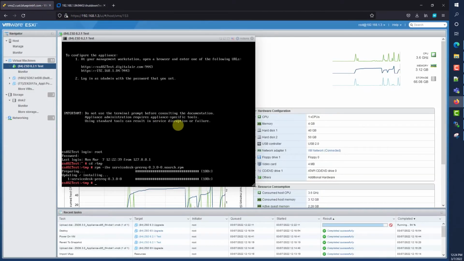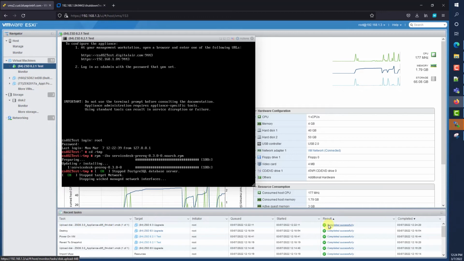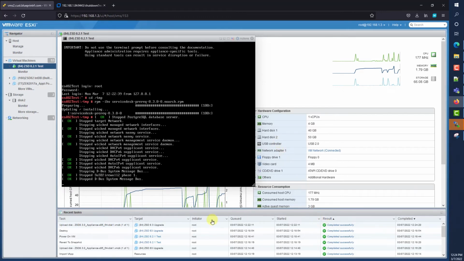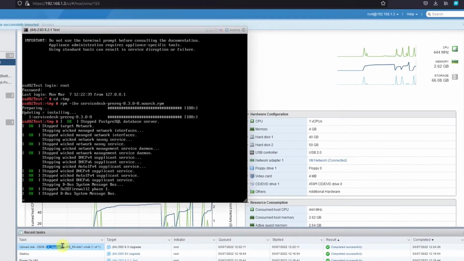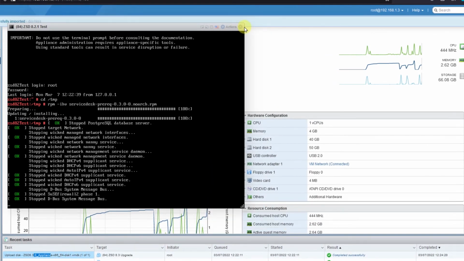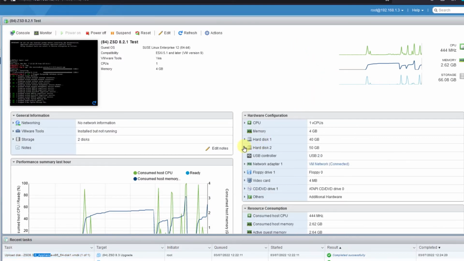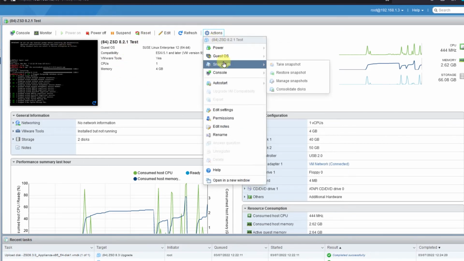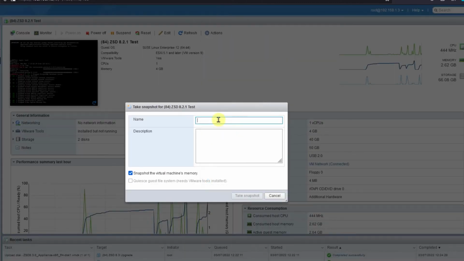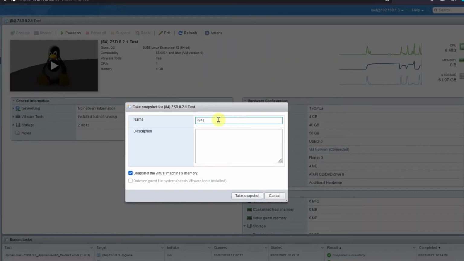And back to our VM console. The next step, now that 8.2.1 is powered down, is to find out where that second disk resides. You can see here that we've uploaded that 8.3 appliance, so we're good there. We're going to close this particular screen. We're going to look at hard disk 2. We haven't backed it up, so let's go ahead and do a quick snapshot on that. So Actions, Snapshot, Take Snapshot, and this is ZSD 8.2.1 before upgrade